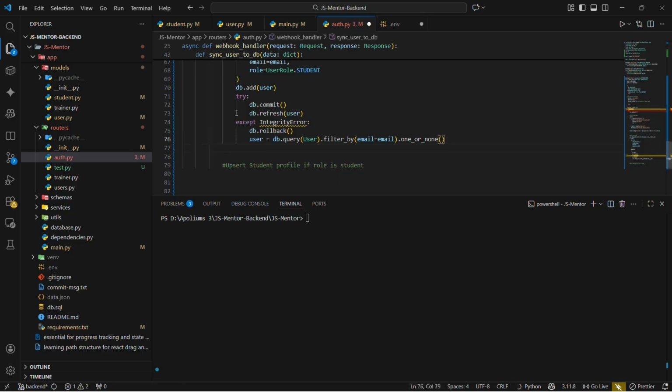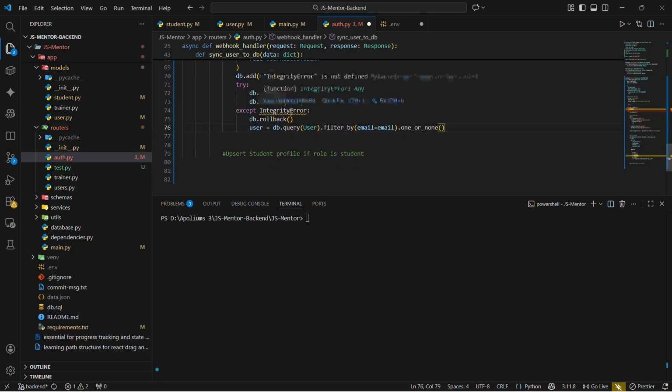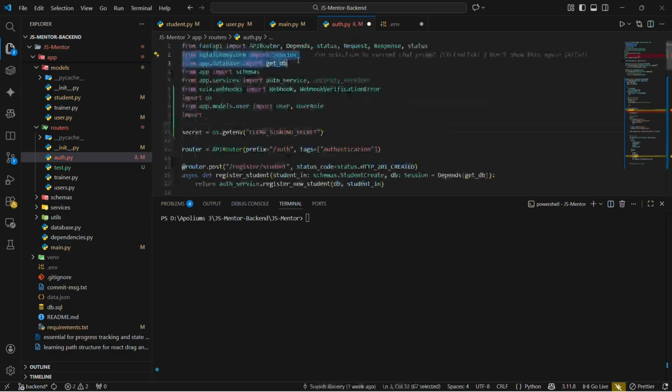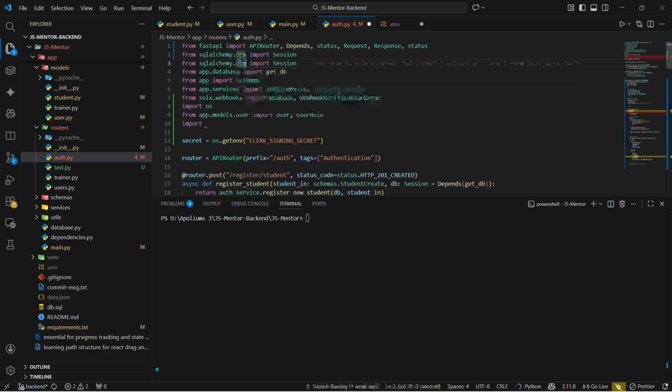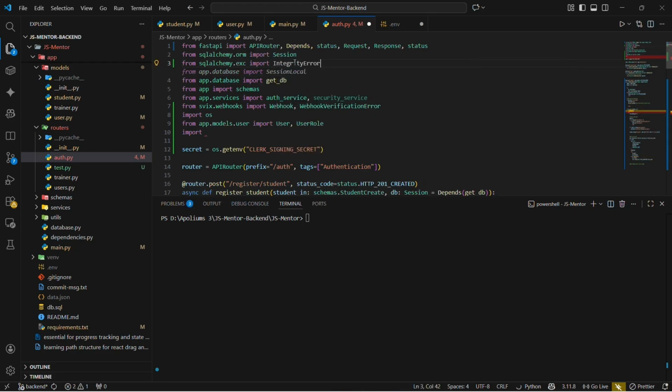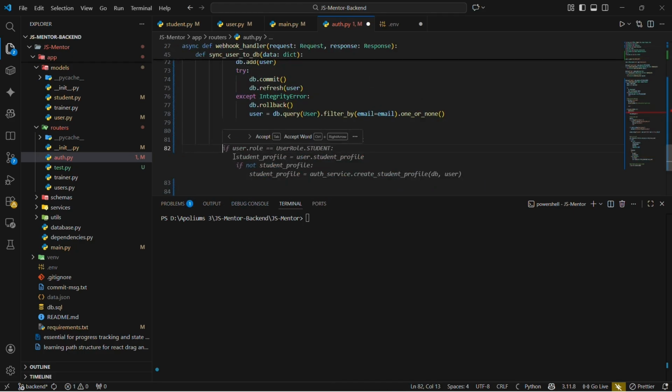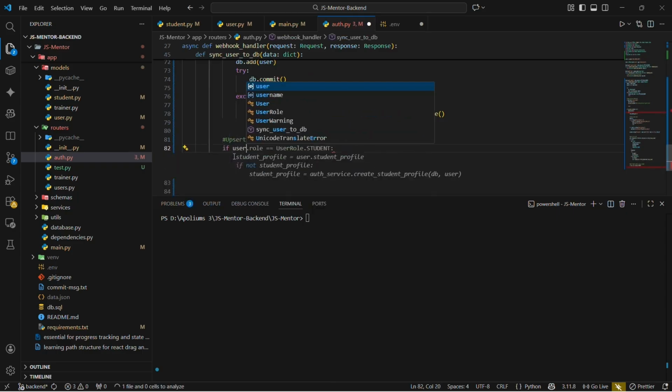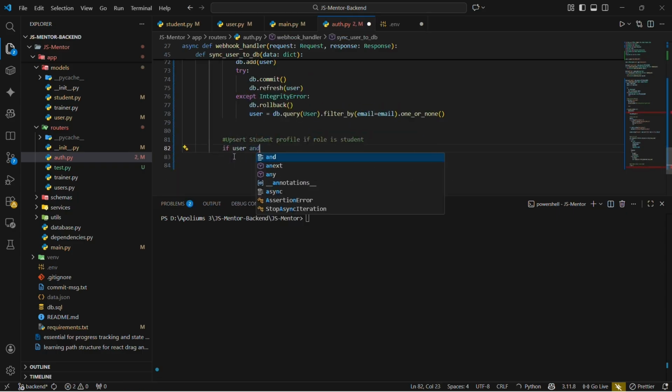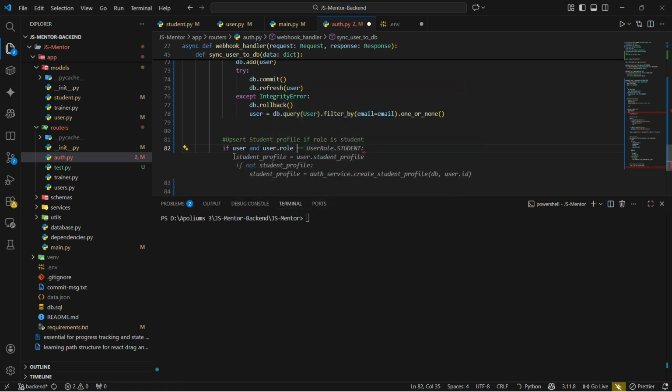Now this integrity error is also not defined. So let me just copy this SQLAlchemy import statement, because integrity error is part of the SQLAlchemy package. So I'm going to import the integrity error from over here. Now let's come back to the upserting logic. So if user and user dot role equal to user role dot student, okay, this is going to be Student with a capital S, and